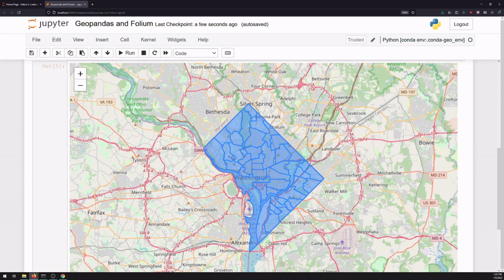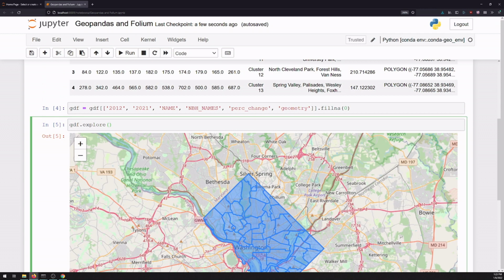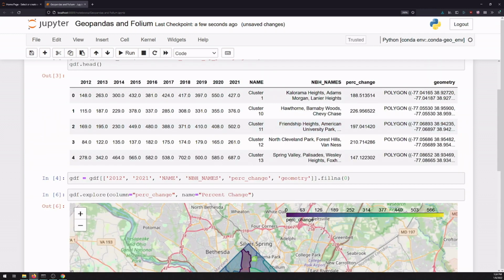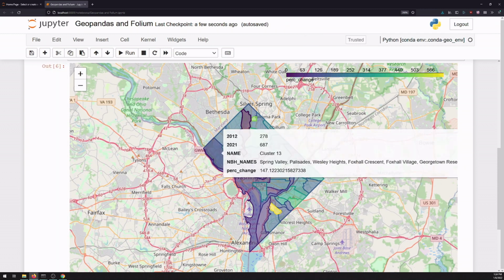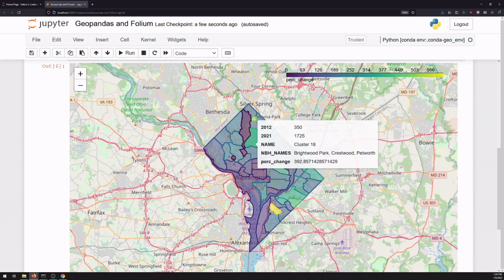But last time we had made a static choropleth, so we'll do the same but make it interactive. The explore function has that built in. You just specify the column. So in this case, we want it on the percent change. And we can also give this layer a name. And already we've got a map that displays the exact same information as last time, but now we can see